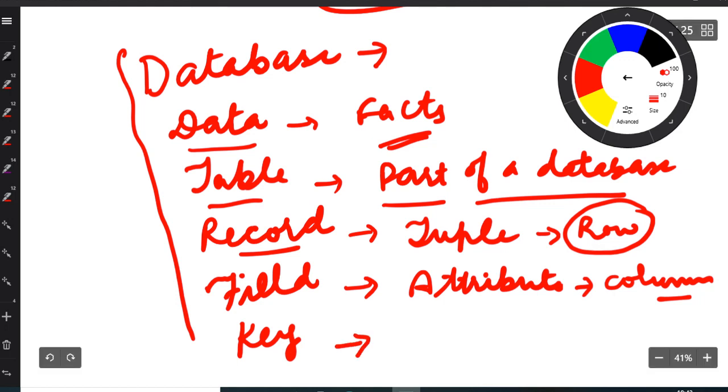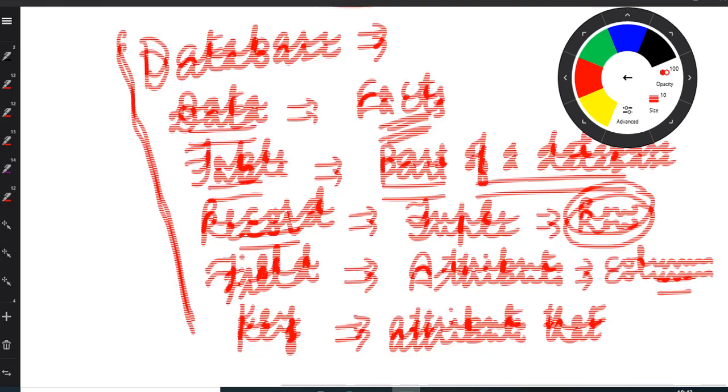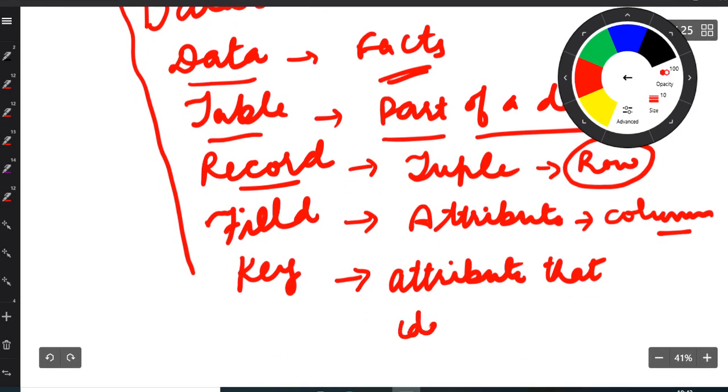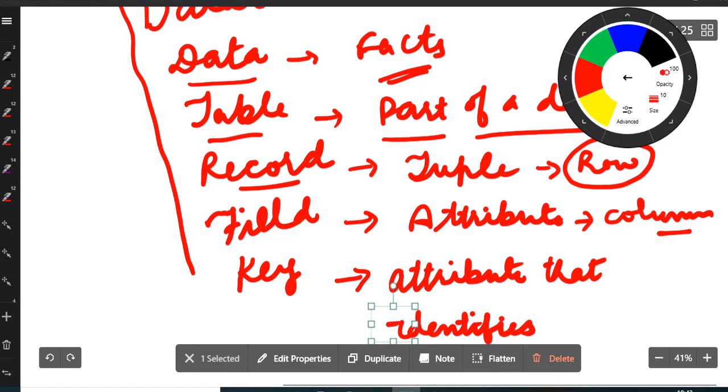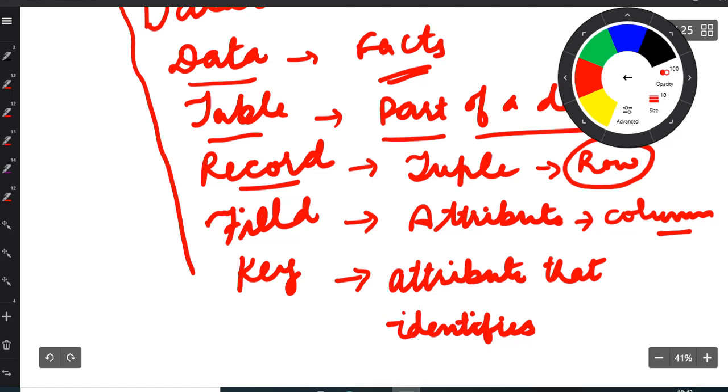Key, attribute that identifies the records.